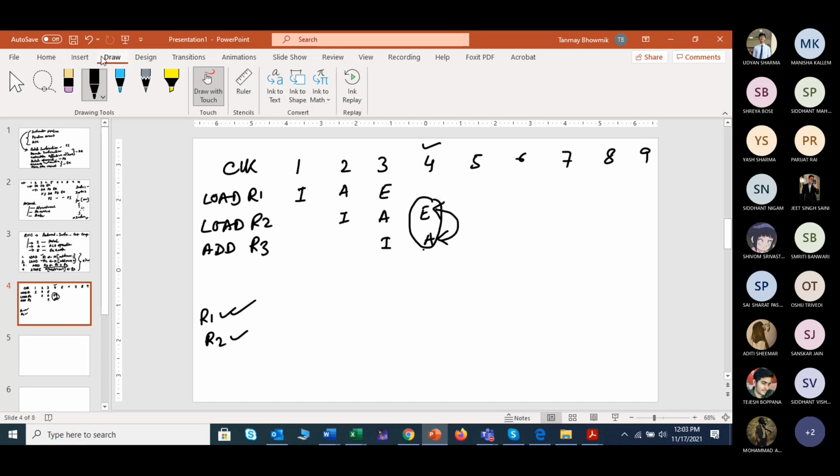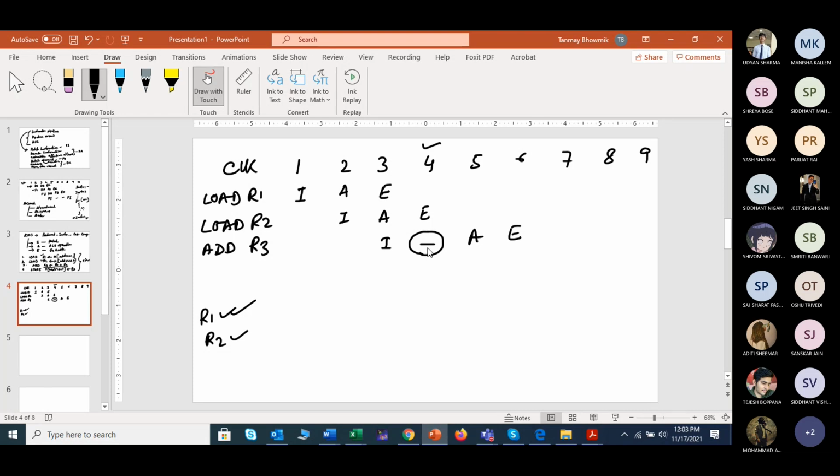Now, previously what were we writing? We were simply giving it one dash, and we were writing A, we were writing E, previously, when we were dealing with the pipeline hazard. Now think how you will inform your system about this dash. We are writing it, so it is quite easy, we can write anything and show it. But how can this be implemented in the system?